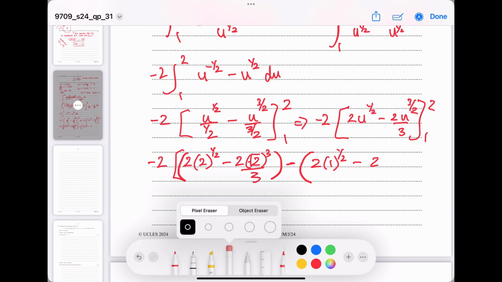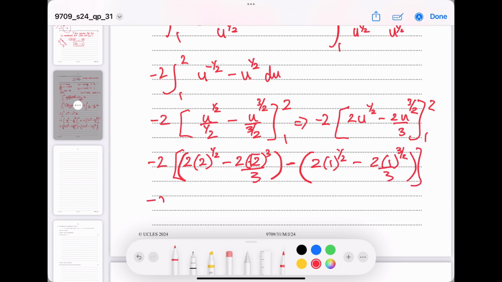Oh no, it's 2. Whoops. 2 times 1 to the 3 over 2 over 3. So we've got 2 root 2